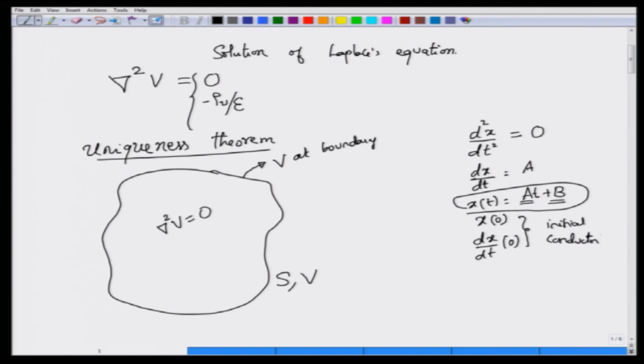Now, in potential problems, what we typically find is, okay, in the case of a parallel plate capacitor, which we will discuss later, you have the potential of the top surface kept at some V0, and the potential of the bottom surface is at 0, because I am going to ground this one, and I am looking at applying Laplace's equation in the region in between, right. So, it will eventually reduce itself to a nice differential equation, and when you solve the differential equation in the region between the top and the bottom plates, you will end up with two constants, and to find the values of those two constants, you need to know the value of the potentials at the boundary. Okay.